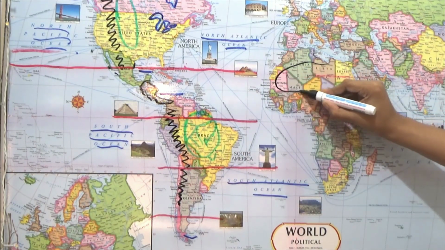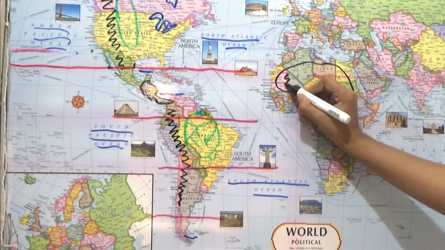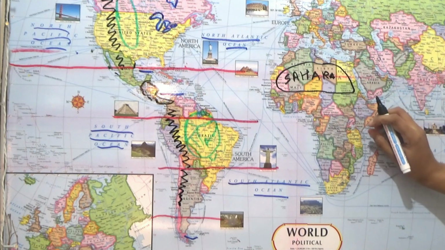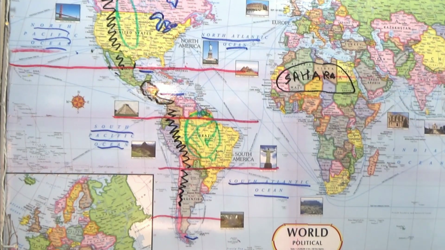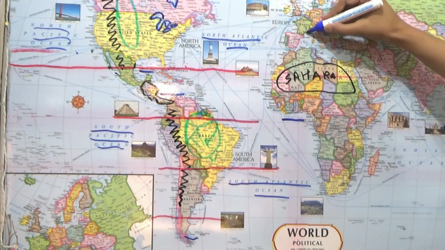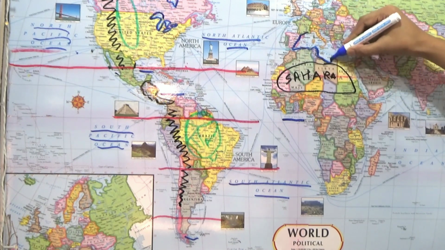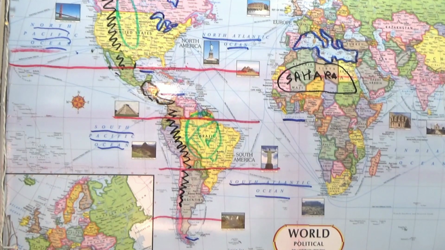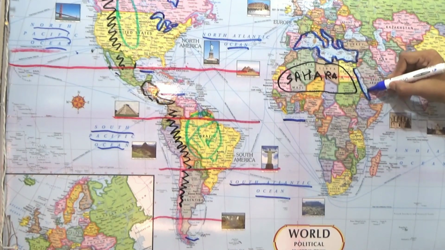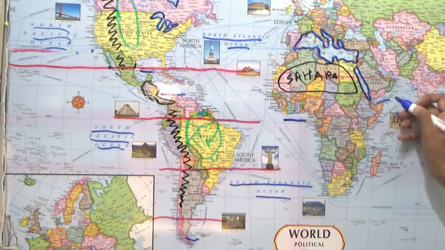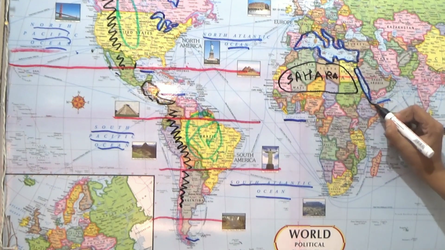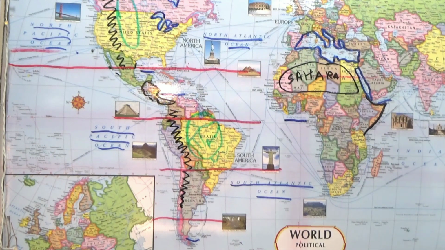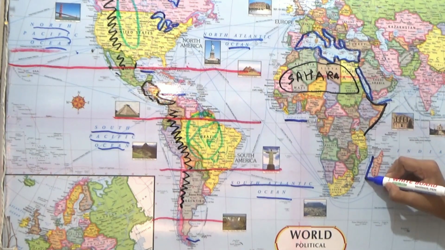Now I'll be marking out some of the important physical features of Africa. Here I am marking the Sahara Desert. It's a very prominent and important location. Marking the Gulf of Guinea and the Mediterranean Sea in the north. It is also important and a lot of questions can be formed, especially for prelims, about which countries it surrounds. The Red Sea is there, then the Gulf of Aden. This is an important area. The Horn of Africa is most important, as a lot of current affairs issues are formed near this point.